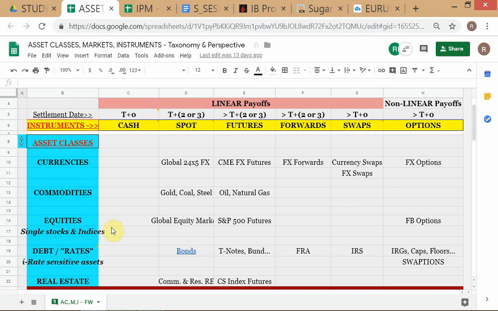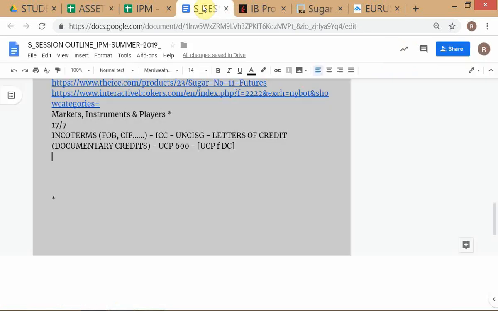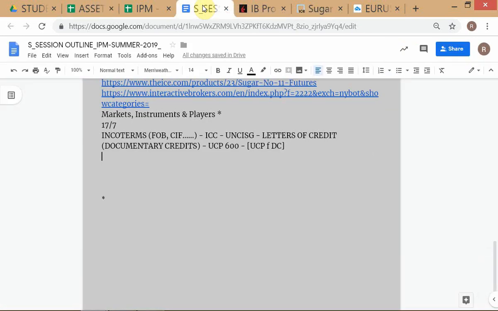That's why at this stage we are just trying to understand the whole markets landscape. How should we classify the different markets into asset classes? How should we look at instruments? What are the types of instruments? And then how do markets actually operate? That's what we are going through right now. And in between we will have these kind of detours, like I went into this long detour about Incoterms and sale of goods and stuff, which you have to study on your own. I hope nobody is feeling lost.